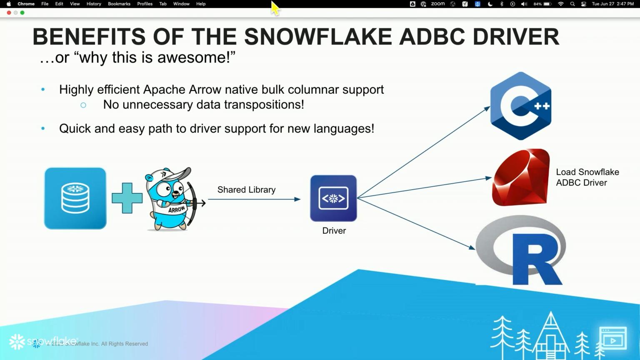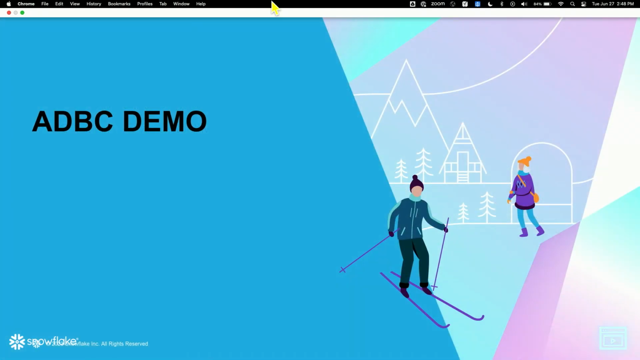So we have this one library that exposes a C interface. So anything that can call a C function can call the driver and interact with ADBC. So even if you're not one of those languages that we have those bindings for already, it means that we have a path to add drivers for new environments and languages. And to exemplify that,